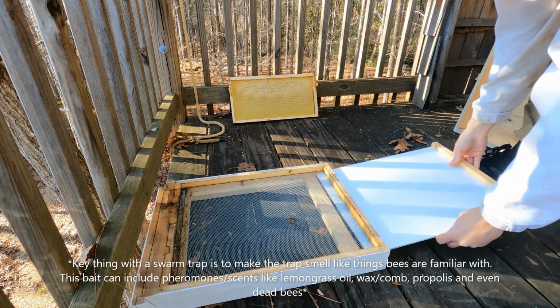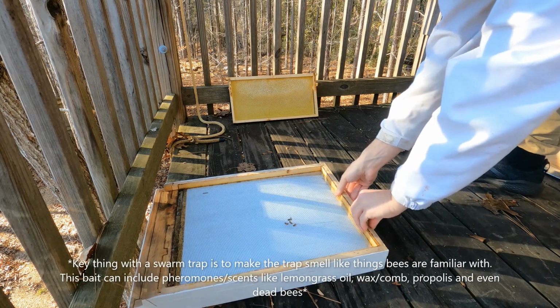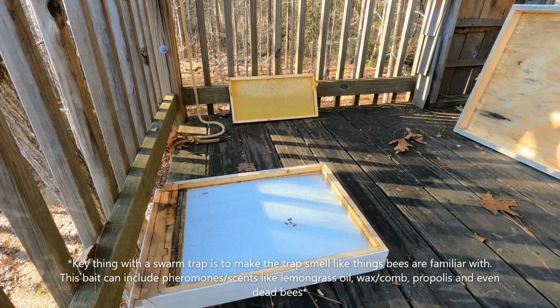Some beekeepers in the South do leave them open year round. I'm not one of those ones. There we go. So that's all the way in there. Get my hive body